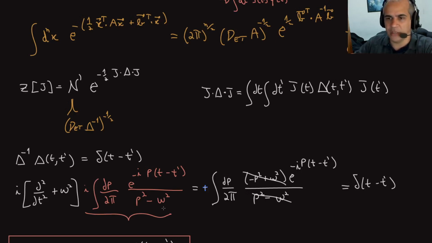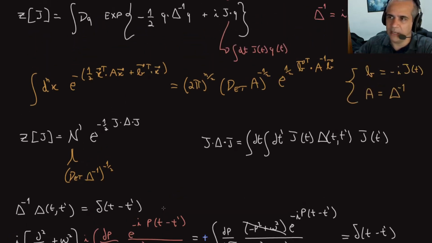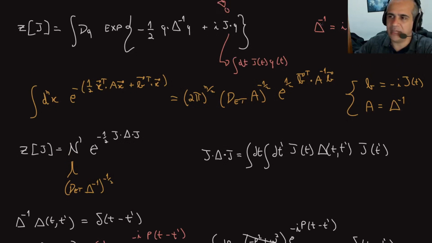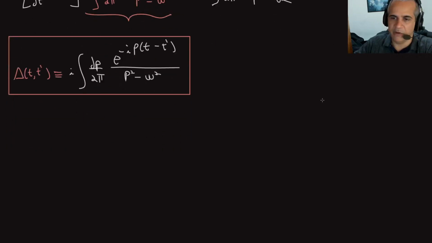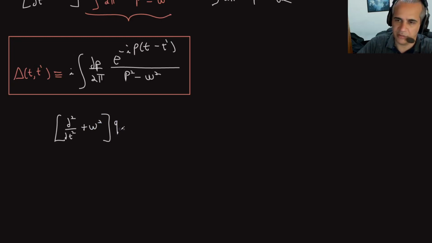That's not perfect, and you can see why. Such a problem would arise if that operator was not invertible in the first place. Suppose this operator is singular. If this operator is singular, I cannot invert it. How can I see if it is singular or not? Well, if an operator has eigenvalues equal to 0, and remember, those operators I'm writing here are acting on this vector space of functions, so if there is a function, let's call it q naught, for which this is true,